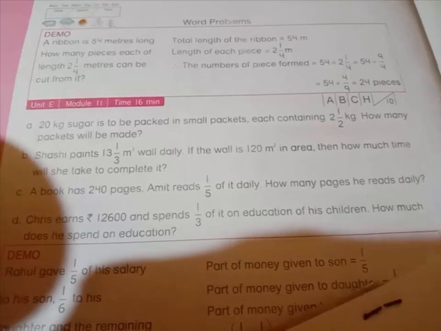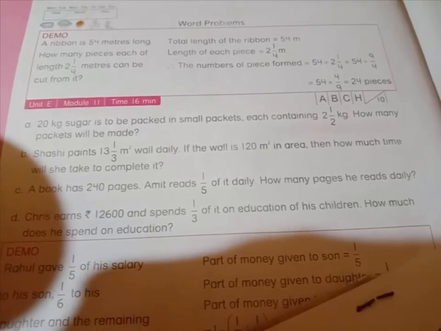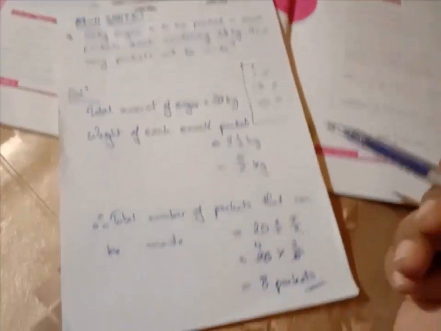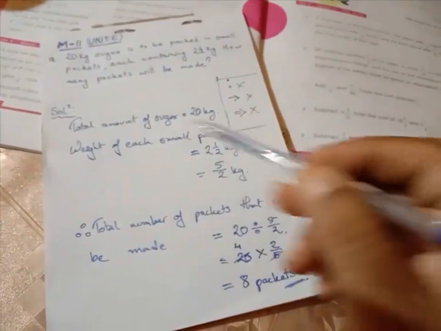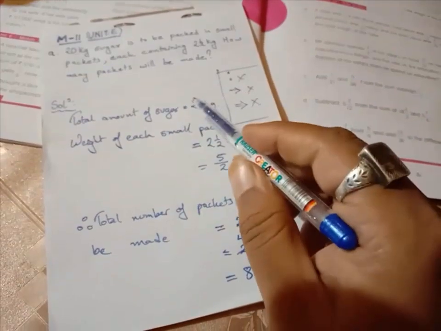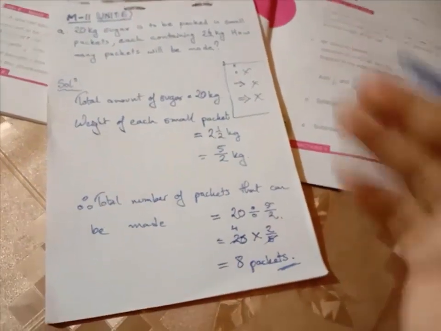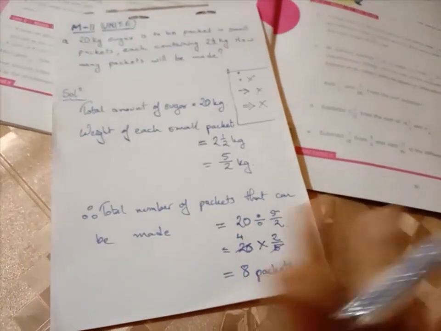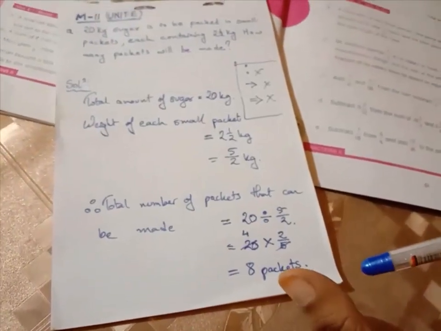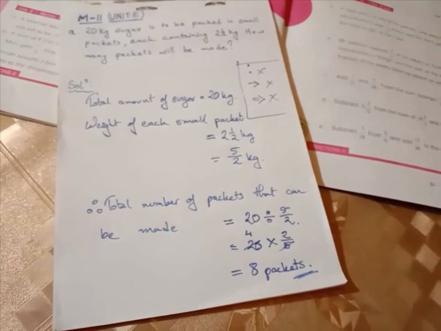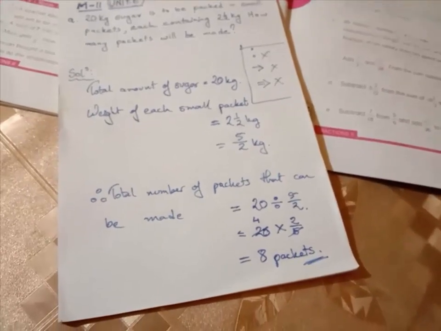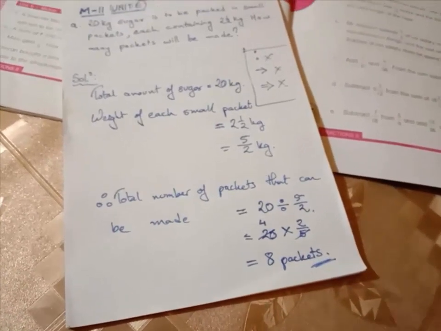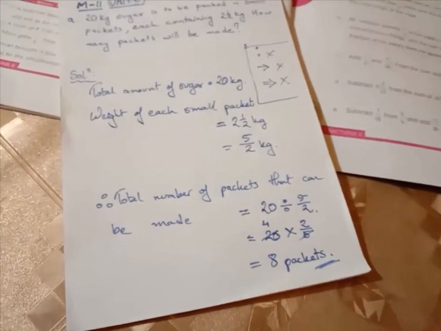Now after that, we will complete the other word problems modules quickly, okay, because I have already told you the basic things. How will you start the answer, how will you write the sentences, and how will you put the equal signs below equal signs. See, when the equal signs align with each other, your page looks cleaner, okay. So after this we will go to module number 12, 13, 14. Those things we will do faster than this, okay.